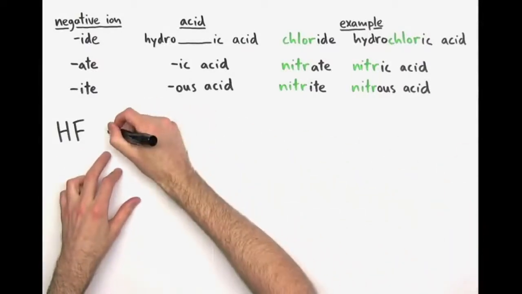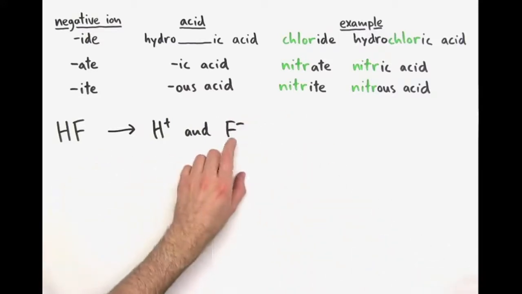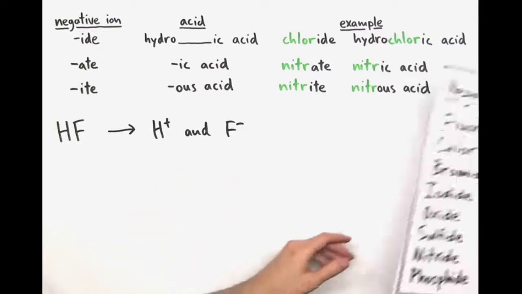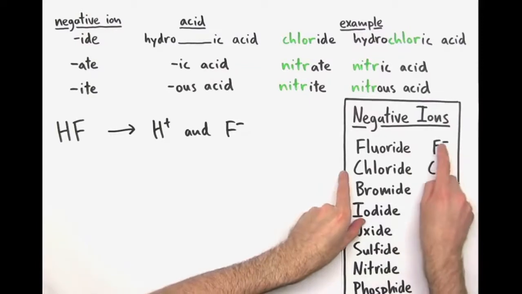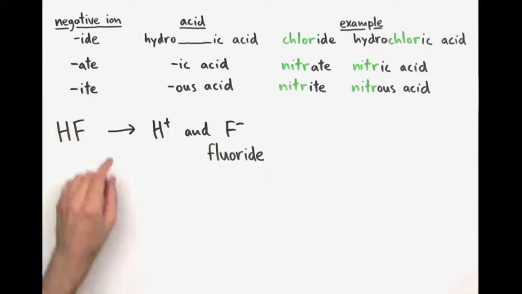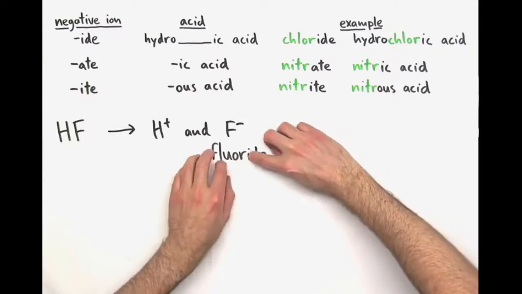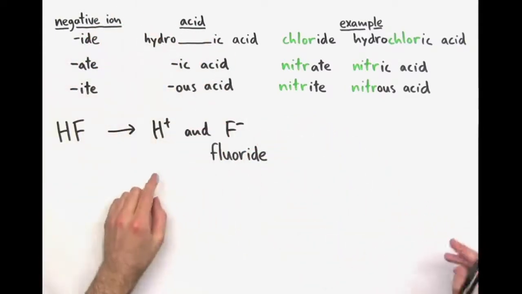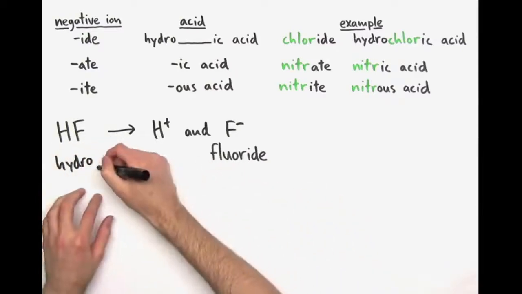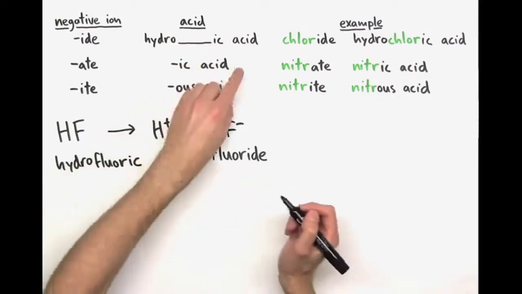HF. I break this apart into H plus and F minus. Now F minus, this negative ion, is not a polyatomic ion, it's just a single atom that has a charge. So I'm going to use this list of my negative ions here. F minus is called fluoride. The rules for naming acids that contain ions ending in IDE are that we take the IDE off, and then we stick it between hydro and ic. So this acid here is going to be hydro. Now I take this part, fluor, hydrofluor. Now I stick on an ic, hydrofluoric